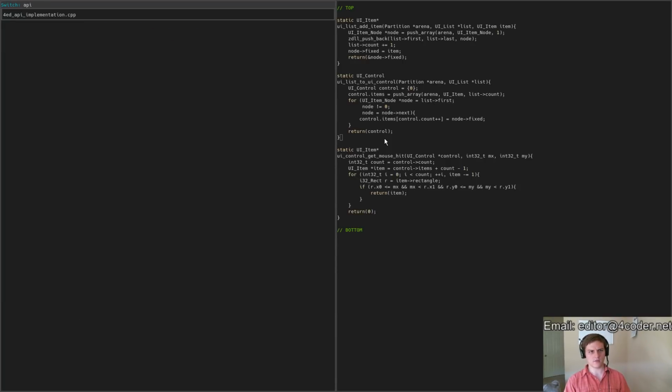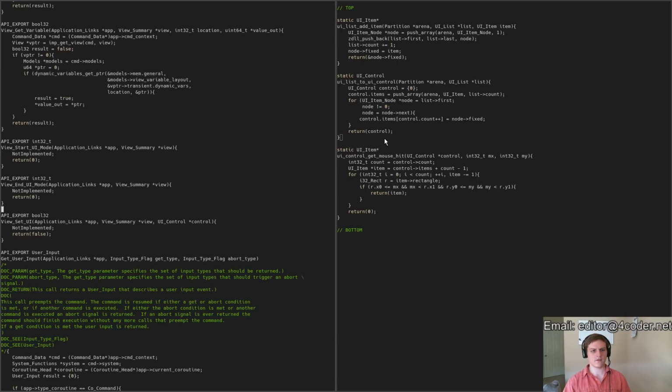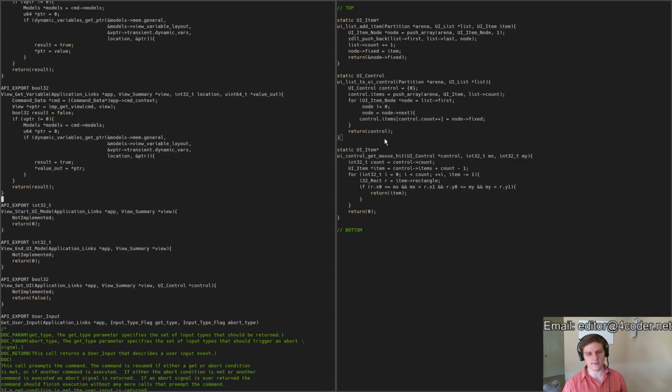Now let's pull up the API implementation. And this is where things always get non-trivial, is implementing this layer. Because to implement this, we're going to have to implement the internal stuff that powers some of this. We won't have to get all of it at once, but we want to get some of it going. So let's focus on start UI mode, end UI mode for now, because set UI is the hardest one, because it'll involve